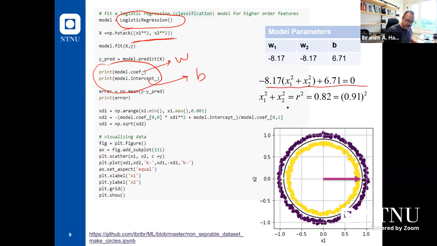Do you see this equation? In fact, it's the equation of a circle which has a radius of 0.91. So this one is 0.91 centimeter, for example. Right? So we can draw the circle because now I know the equation. So this is my equation. So I assume values for x1 from -1 to +1, for example, and I can just plot the